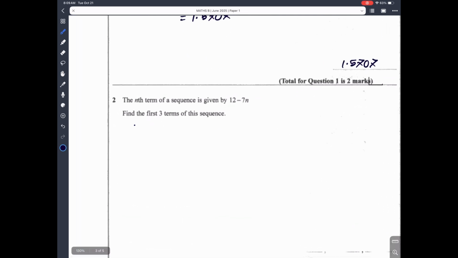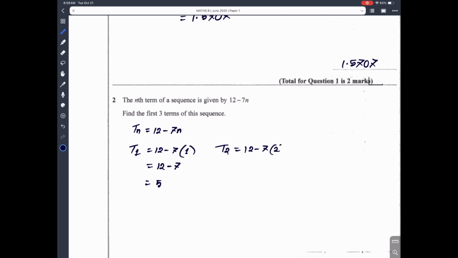We assume Tn is equal to 12 minus 7n. So T1 is equal to 12 minus 7, since n will be 1. 12 minus 7, which is 5. Then we need to find term 2, which is 12 minus 2. And then we need to find term 3, which is 12 minus 7 to the power